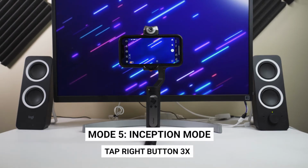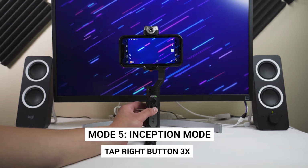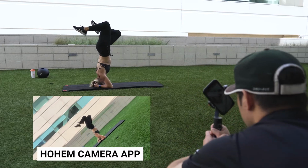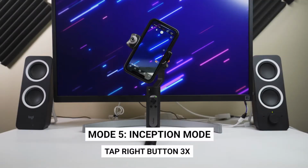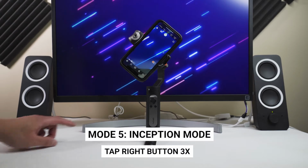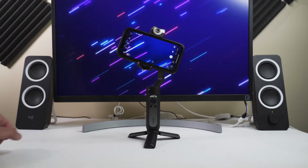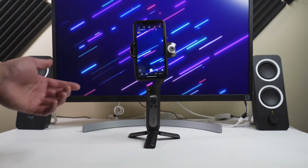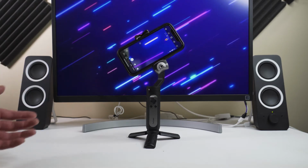Now you're also able to have it rotate as well by itself in inception mode. So press this 3 times, 1, 2, 3 for the right button. It's gonna go to the starting point, as you can see, and then it's just gonna rotate all the way. And this is good if you are not only filming someone else, but if you're filming...